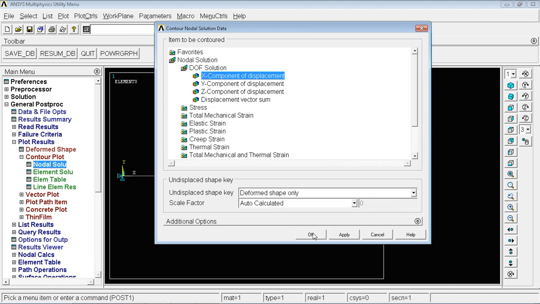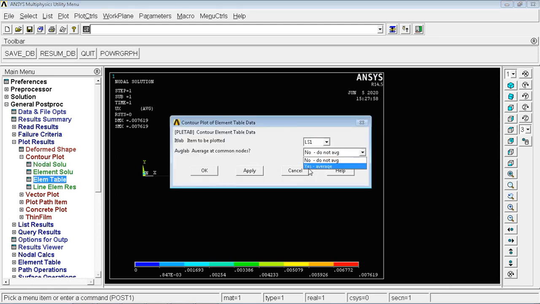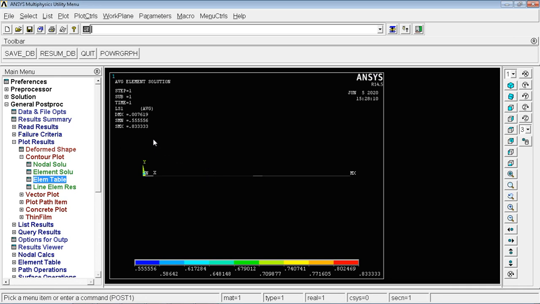Okay, see this is the value of deformation. I have got 0.007619. Next, if I want the stress, I'll go for element table. I'll select S average. Okay, see this is the value of stress, sigma 1 0.55, sigma 2 0.833. Next, the deformation is 0.00761.